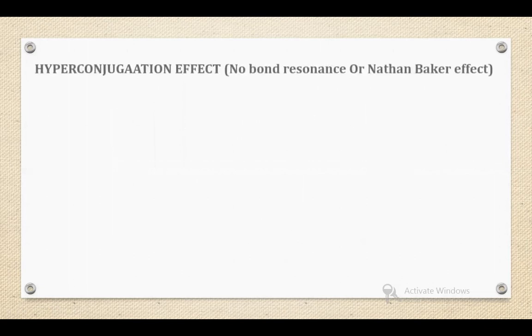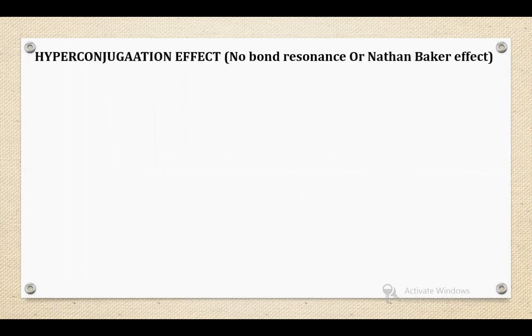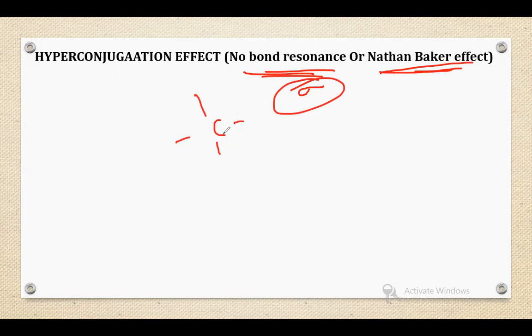the next is hyperconjugation. Hyperconjugation is also known as no bond resonance, or the Nathan Baker effect. This was noticed by Nathan and Baker, hence it is called the Baker-Nathan effect. No bond resonance is nothing but the transfer of sigma electrons here. The transfer of sigma electrons happens when the group is attached to a carbon consisting of hydrogen,